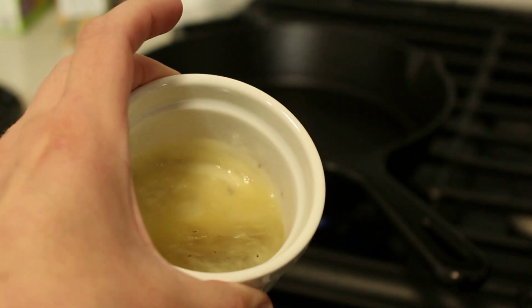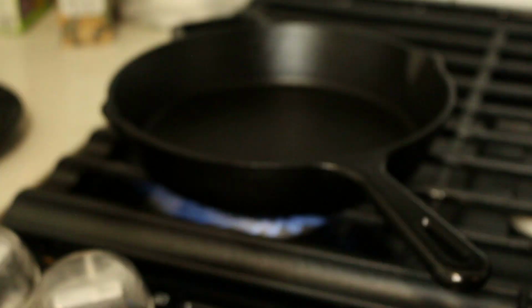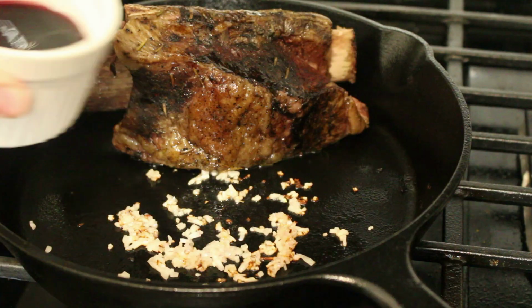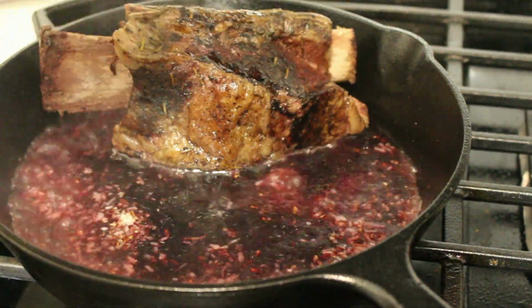We're gonna use a little bit of the beef fat. We skimmed up the sauce. We're gonna throw the shallots in there, deglaze with some wine, and then we're gonna